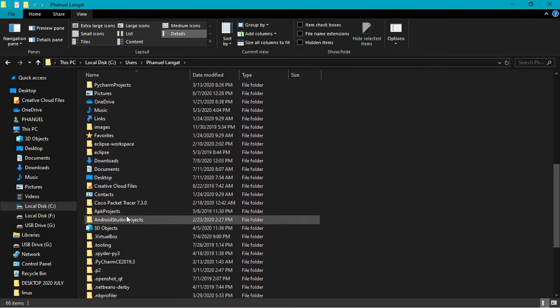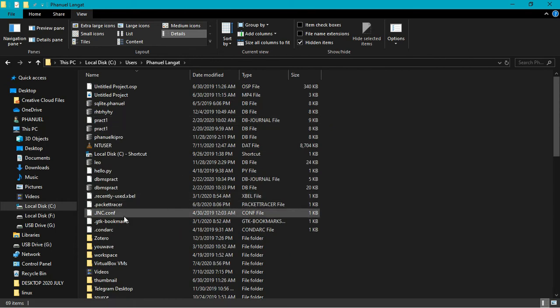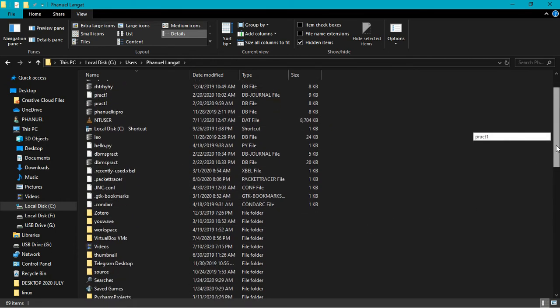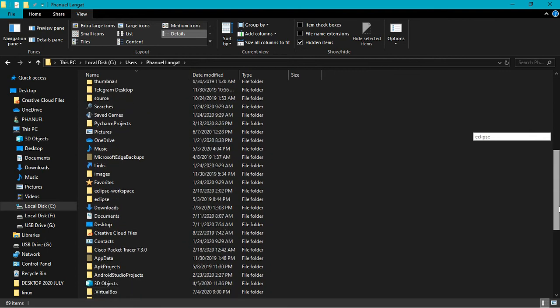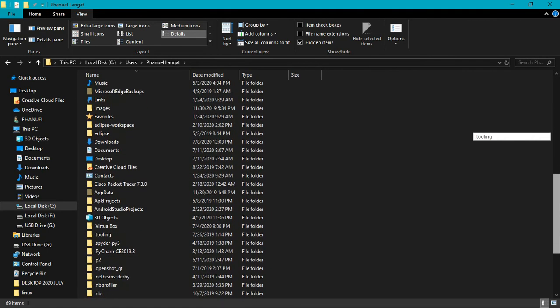So you see we don't have the updater. So you come here at the hidden items, then you check it. So when I check, the updater is displayed or it is visible.